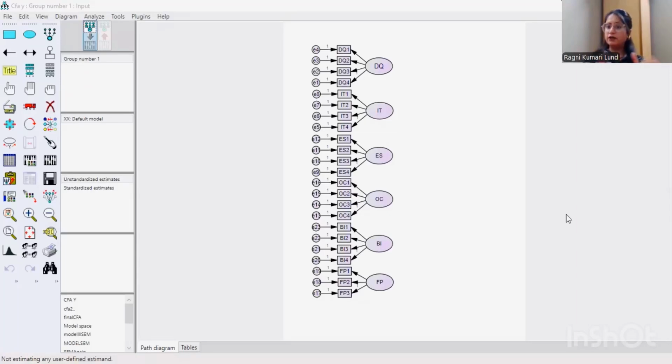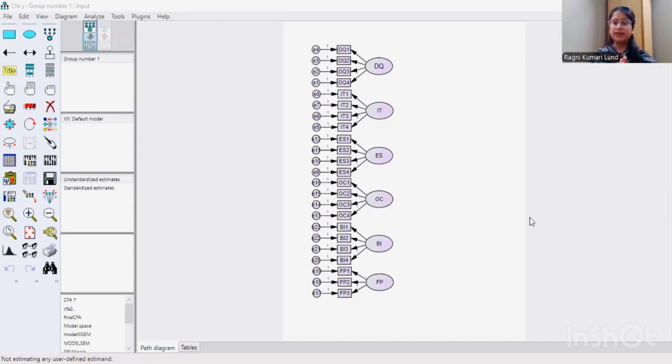Today we will learn how to perform CFA analysis, which is confirmatory factor analysis in AMOS. However, if you don't know how to draw a model, how to give the name, how other options work in AMOS, how we can give the error terms, how items work, then you must visit my previous lecture. I'm sharing the link in my description. So, if you are dealing with a TAM model, adoption model, UTAUT2 model, UTAUT1 model, then this video will be helpful for you.